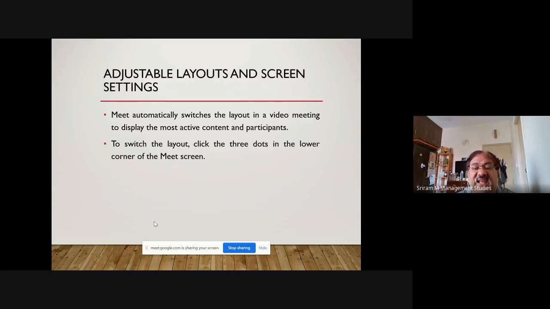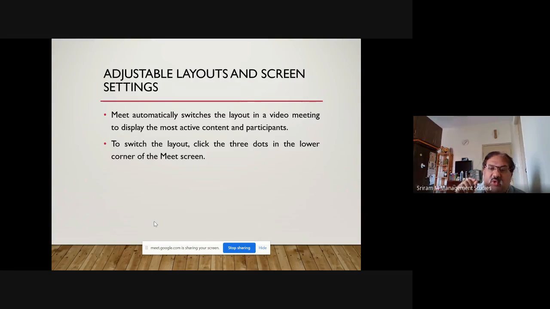You have different layouts in Google Meet. Generally, by default, it will have the normal view, which all of you are currently seeing. Suppose I want to change it to a grid view, where I want to see more people on the screen, especially in a class situation. Suppose you want to see all the students, even there up to 16 people you can comfortably see. If you want to see more people, I'll tell you that option also, how that can be done.